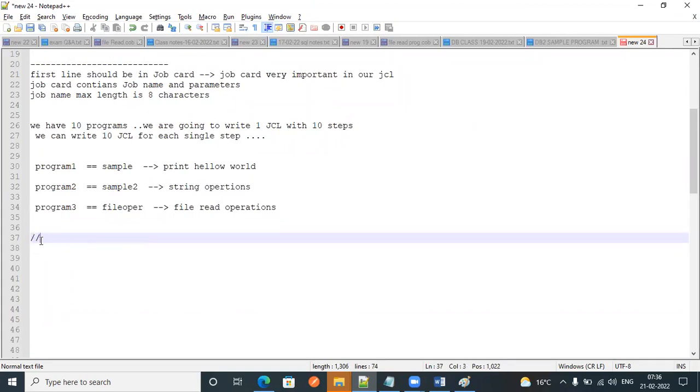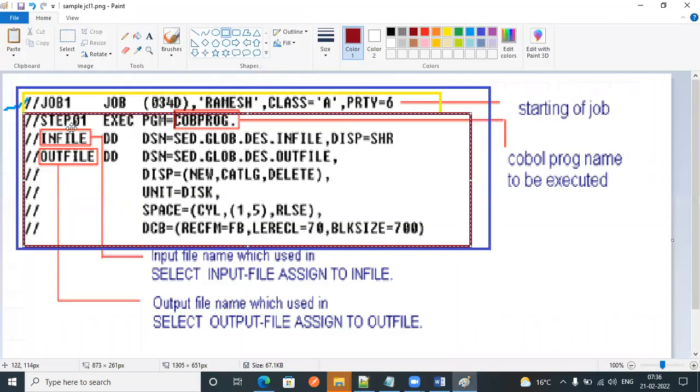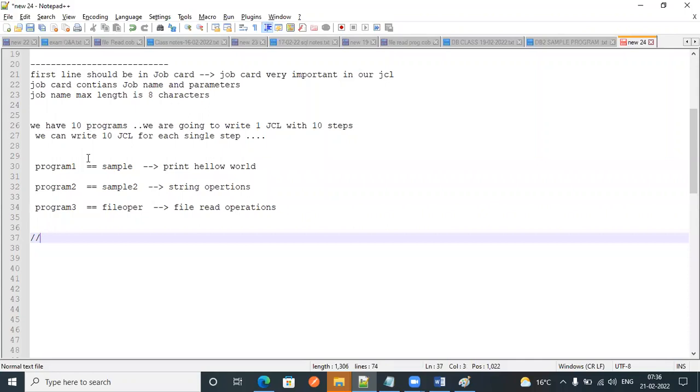The first line should be a job card. So what is there in a job card? We can write the job name. I am going to keep it as TRTB, something like that. This can be anything, but it should be a maximum of 8 characters.